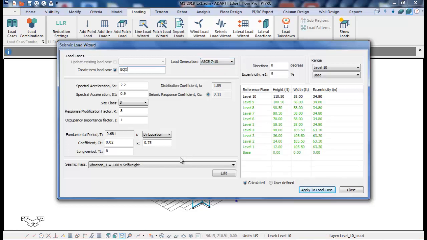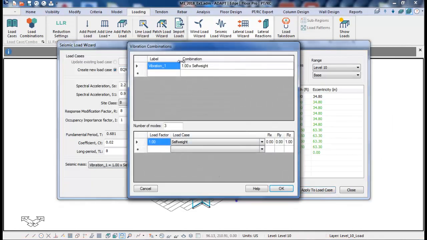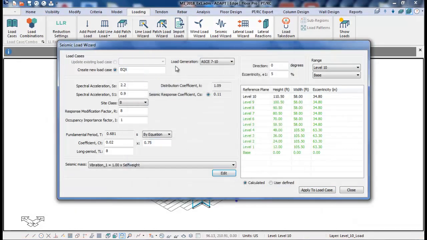The seismic mass, which is used to distribute the forces at nodes for both the force and the moments, is shown here. You can edit the mass to include other loads like dead load or live load. If you select edit, we're going to apply that, and that will store that information. Then I'll change this to Y, let's say,